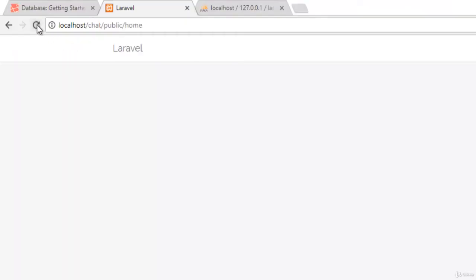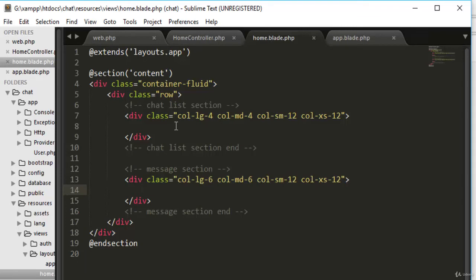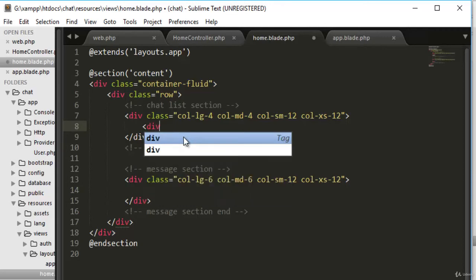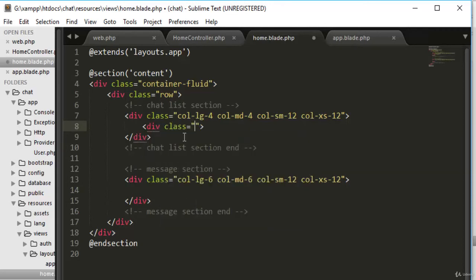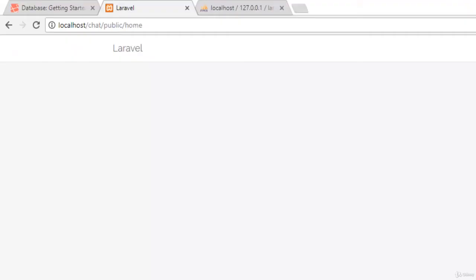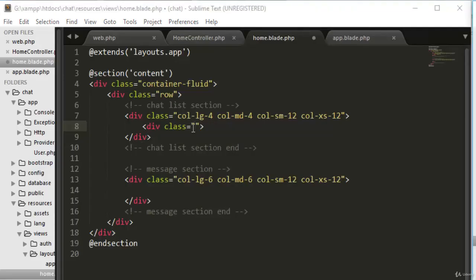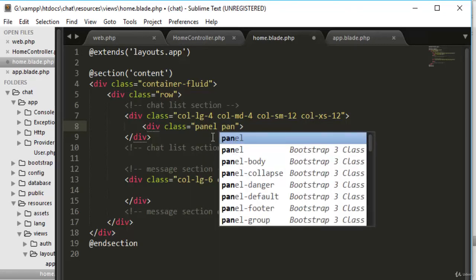Go and refresh. You will see there's nothing here because we haven't added anything here. Let's say we wanted to add the panel, so it's a Bootstrap panel. The same thing that we were using when we had this login thing here, that was a panel. So that's exactly what we were going to use. So again, the class was panel, and panel-default,